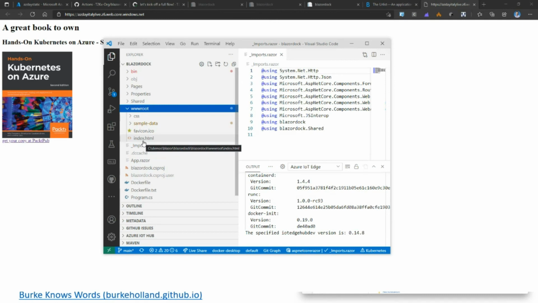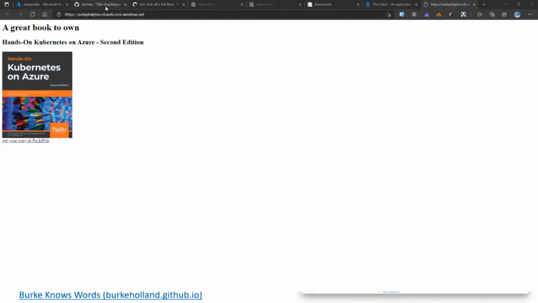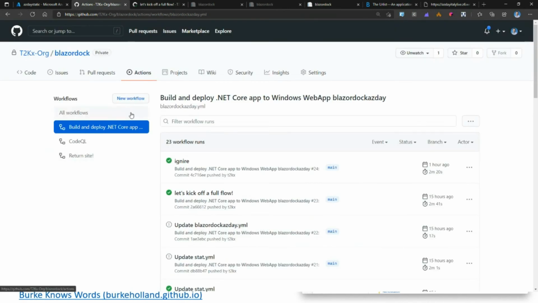It doesn't come out of the box, but making a GitHub action is really not that hard when you are doing this for static. So let me just show you what this looks like. So I have here the same Blazor file. So it's a standard Blazor app that I did. And what you have here is I created a